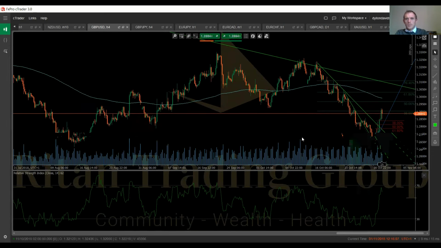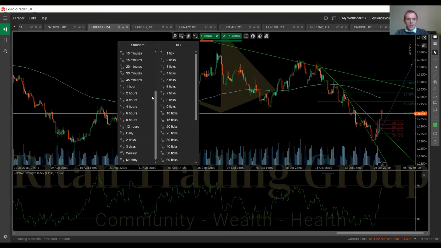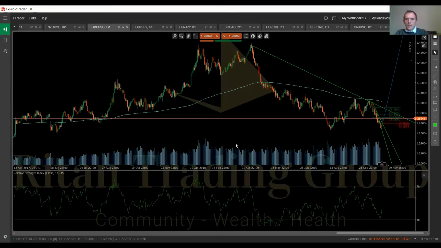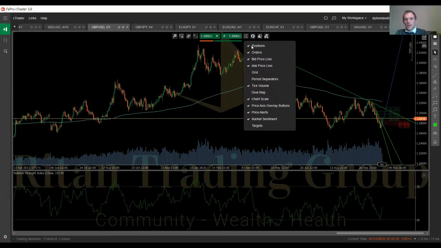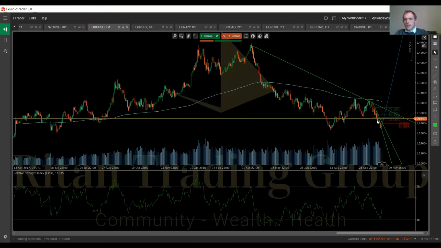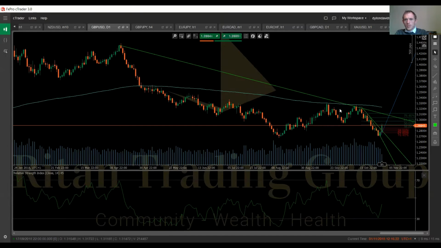Let's take a look. Now, before we begin, let's go to the day chart. On the daily, we can see that a possible retracement to this trend line is due. We have 1, 2, 3 touches there. So if you take a look at this fib retracement for this recent move here, we can see that the 61 fib lines up quite nicely with this trend line. So we may see price sort of just move up and down around here to there